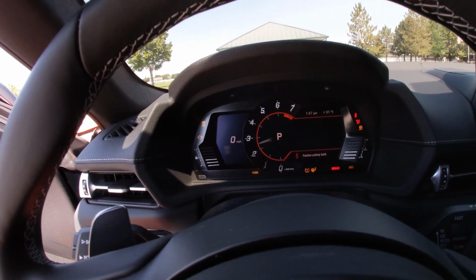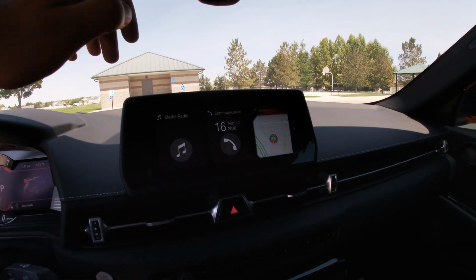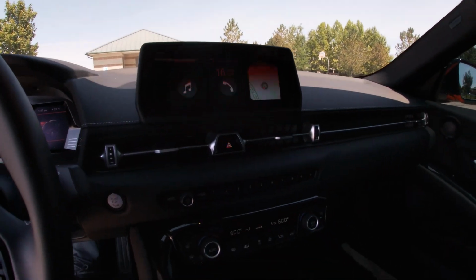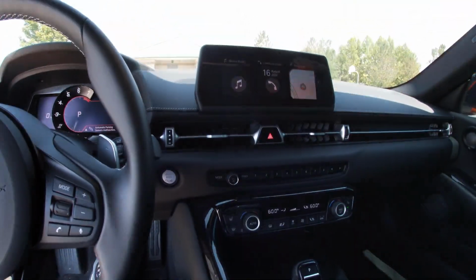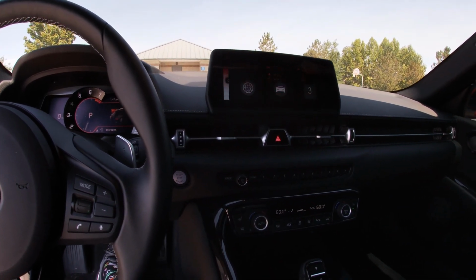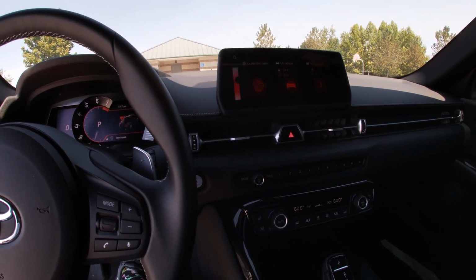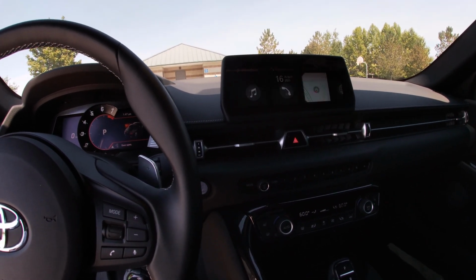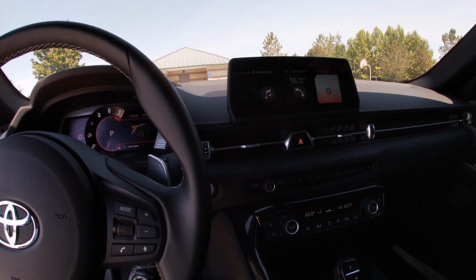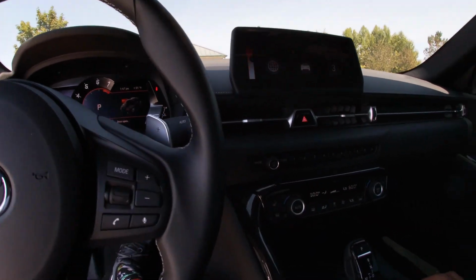I got some of this technology. Nice little pop from the back. So this is the infotainment system, which is controlled by this little dial, which is actually pretty cool. Notifications. He has a service soon. I think he actually just unlocked launch control, which is pretty sweet. But yeah, it's pretty basic, I guess. Not basic, but